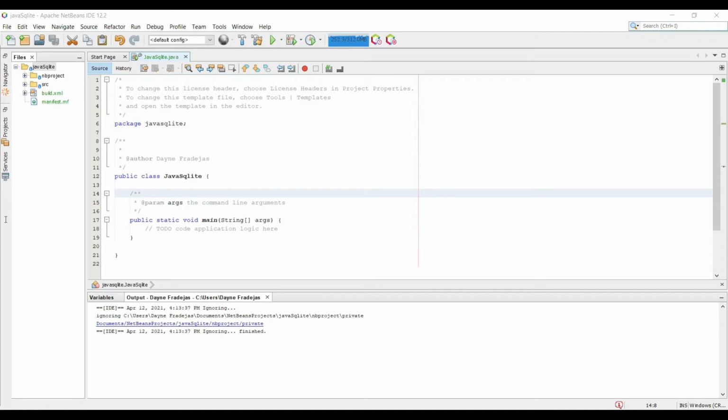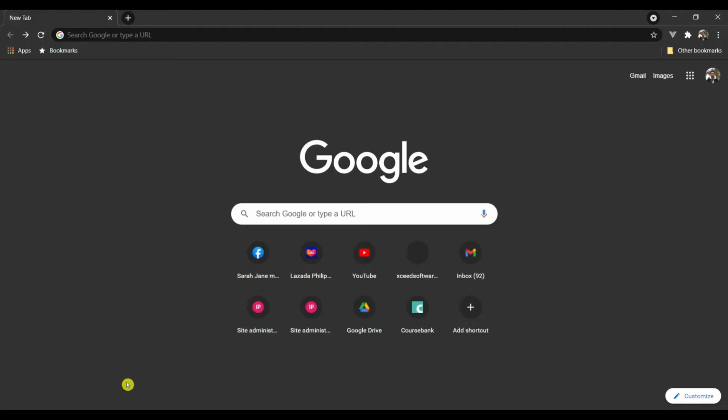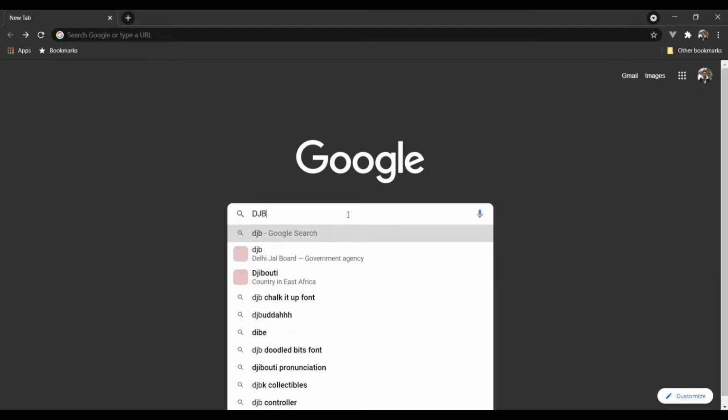So hello everyone, in this video I will be discussing how to incorporate an SQLite 3 database into the Java NetBeans IDE. It's actually easy, we just have to download the different libraries and software that we are going to use. But the first thing that we are going to do is to download the JDBC for our